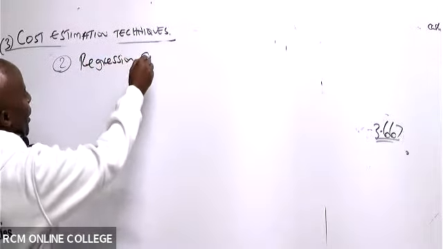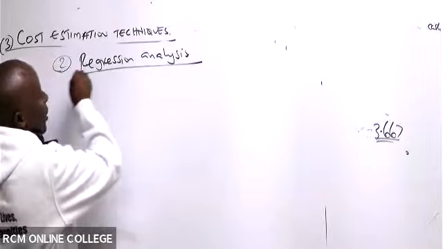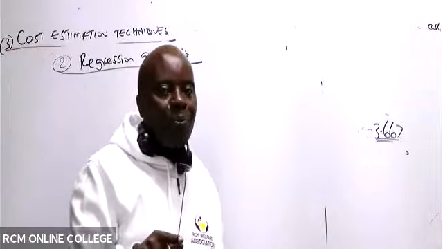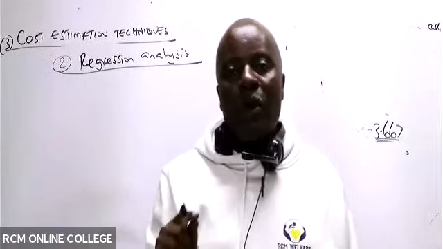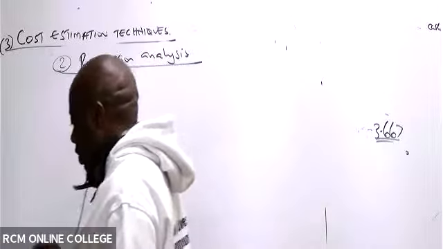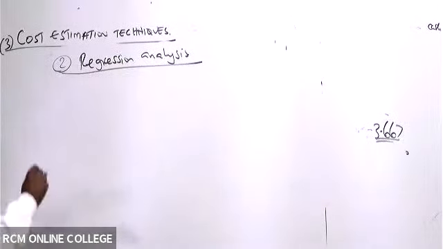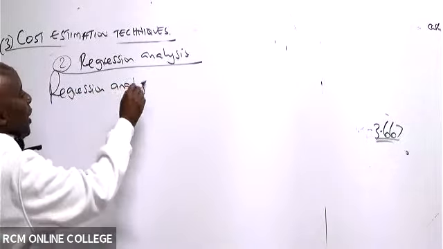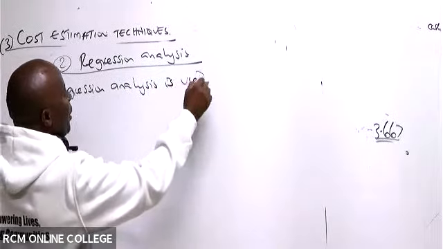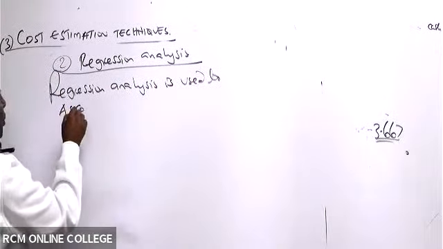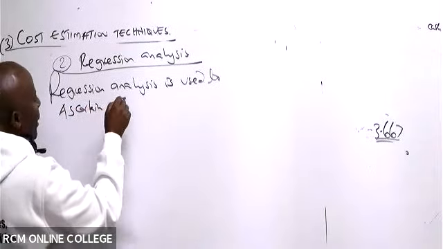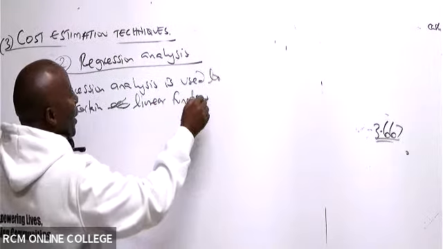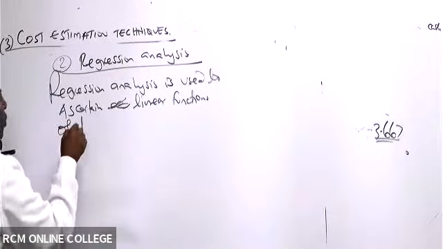So regression, number 2, regression analysis. In regression analysis, we only consider what we call one variable equations. We only consider linear functions. So in this case, regression analysis is used to ascertain linear functions of the form